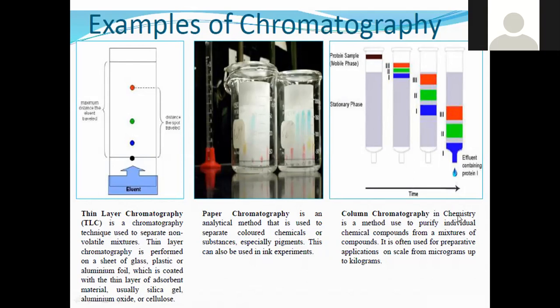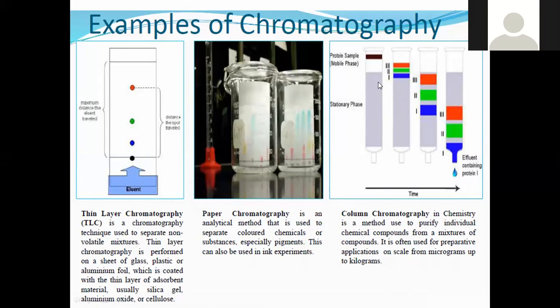And in the case of column chromatography, this column chromatography is used only for the separation of charged ions. It may be positively charged or negatively charged. So this column chromatography is also called ion exchange chromatography. There is a proton transfer exchange between the resin free end and the ions of the mixture. So due to the exchange capacity, the ions are adsorbed on the column, and they are separated from one another.